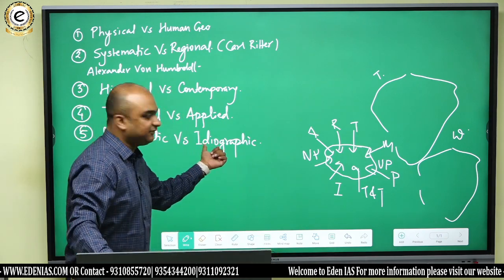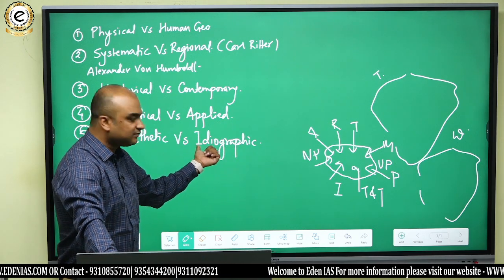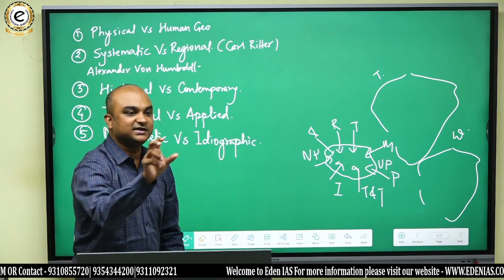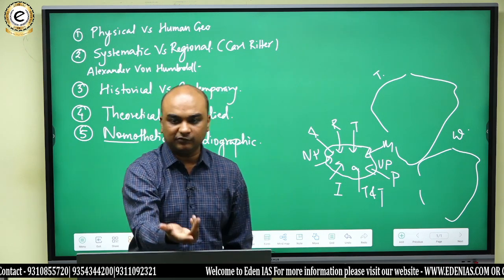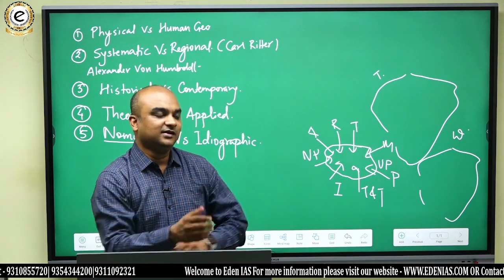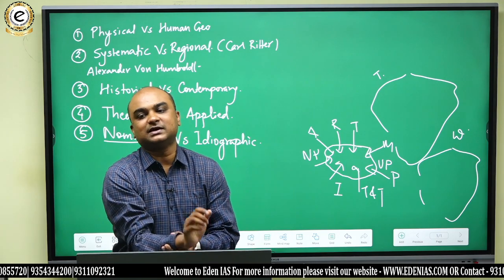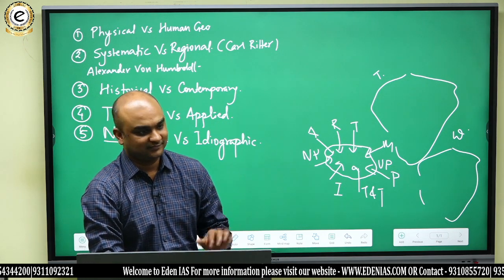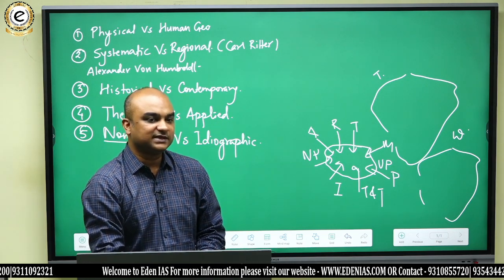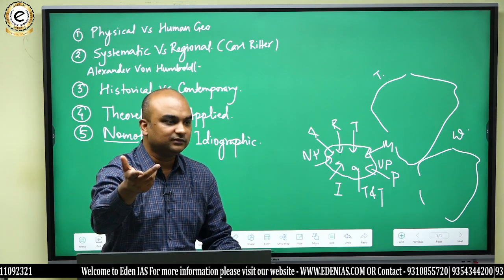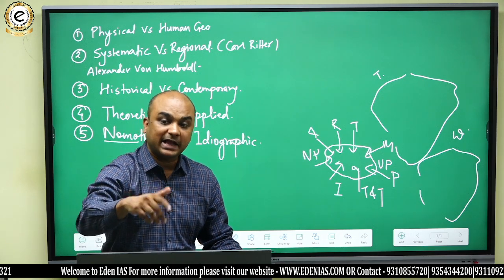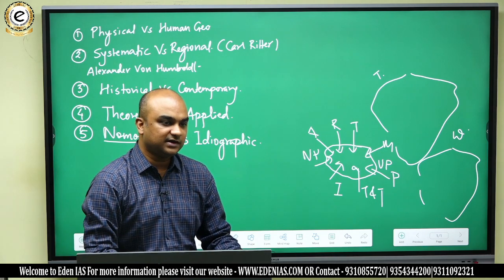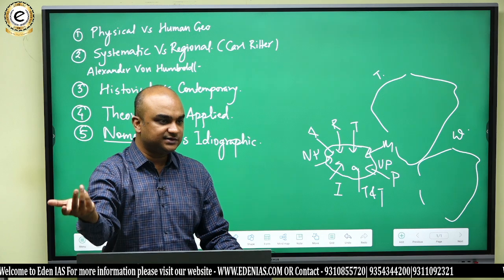Whereas ideographic, this word is drawn from the root word idios. Idios means unique. It means when something is unique, you cannot make a generalized law for it. Do you get it? Like see, in the world, we can make some general laws. Like all human beings require food to survive. Can we make that law? Some people might say that that's a good law because it's applicable on everyone. But some people might say that is not applicable on some people who are fasting to death. Do you get that? Maybe because of religious reasons or other reasons.